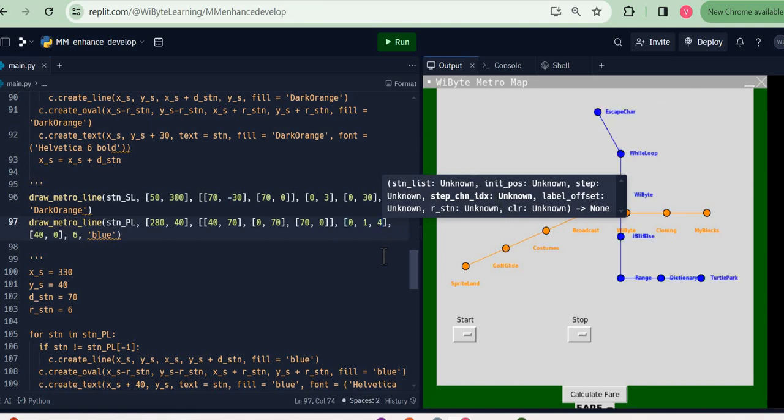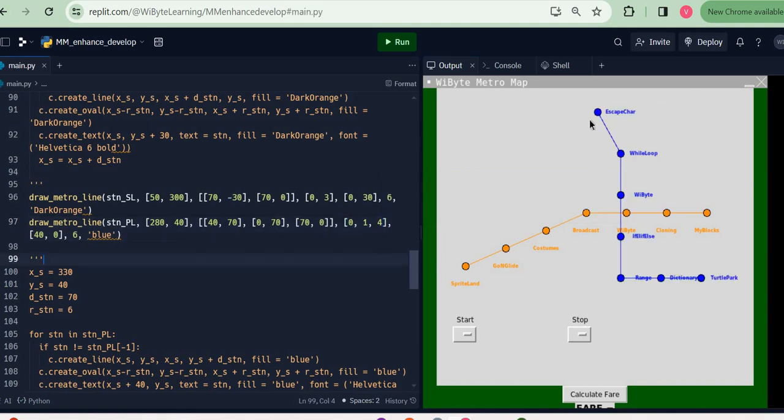When I run this piece of code, notice my 0th station does a separation of, let's say, 40, 70. So I get a little bit of incline. Then at the first station, it becomes 0, 70. So it goes vertically down. Then at the 4th station, it becomes 70, 0. So that becomes horizontal. But now we still have one problem to solve, which is that, look, labels here have